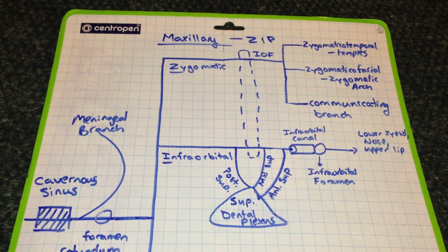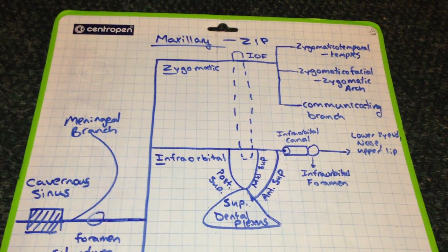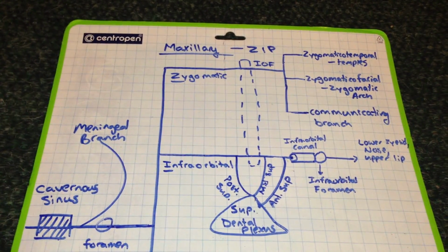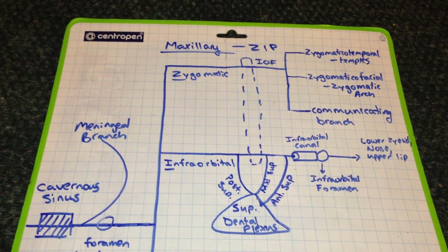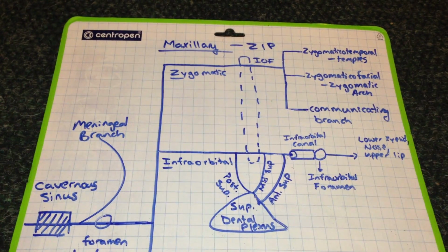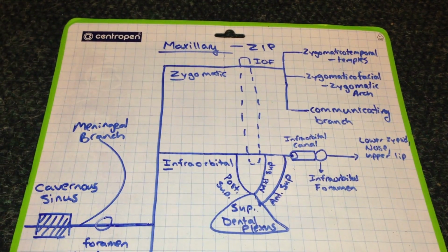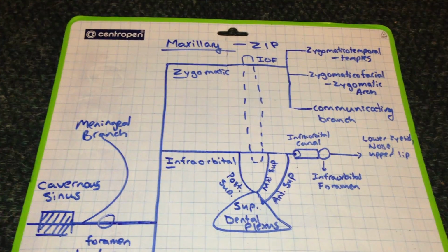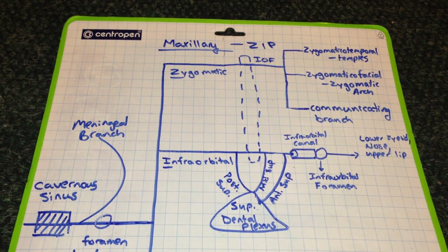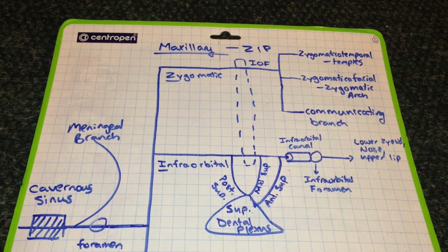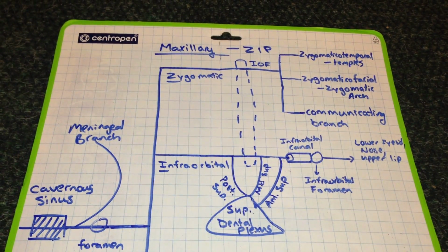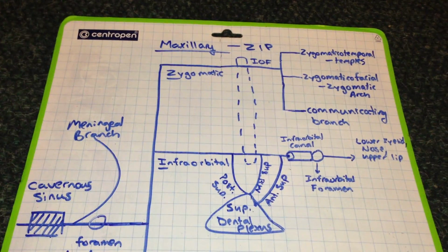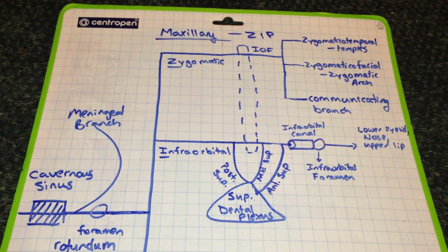Alright guys, now we're going to talk about the maxillary branch of the trigeminal nerve. This will cover question number 13 from section C. This won't take too long. I'm going to quickly go over the maxillary nerve, talk about its branches, talk about what they innervate, and then any other notes or significance that is important. And then I'm going to reference the nerves atlas and just point out the maxillary